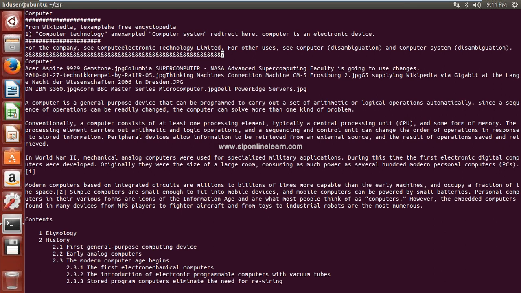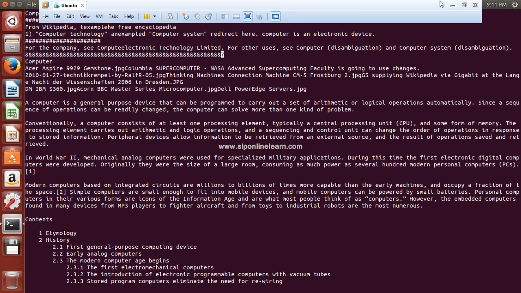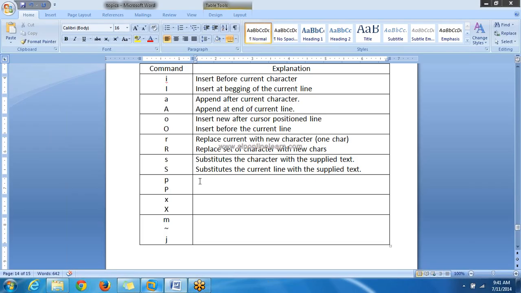Next, small p and capital P. This is small p and this one is capital P. Small p puts the deleted text after the current character.